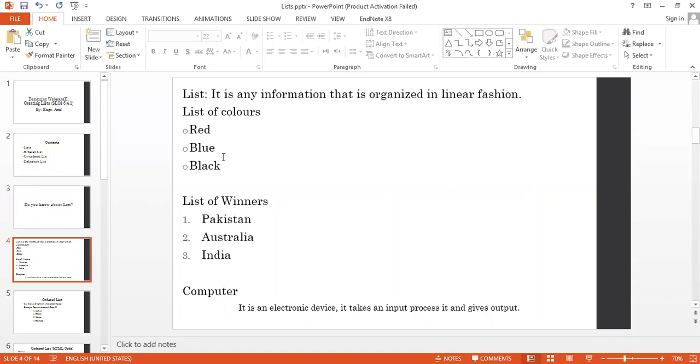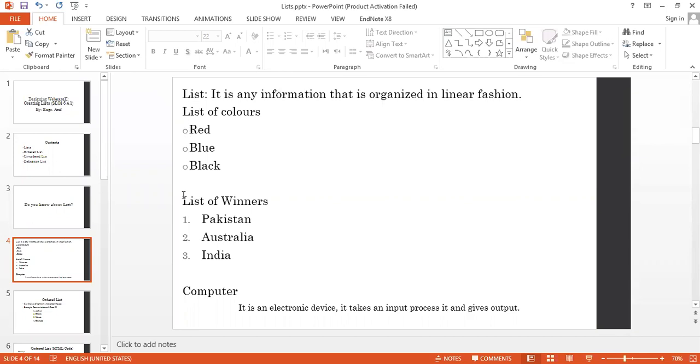From here you can see we have different types of lists: a list of colors, a list of winners, and a list for a computer. So what is a list? It is any information that is organized in a linear fashion. It is a combination of items organized in a particular order, and that is known as a list.